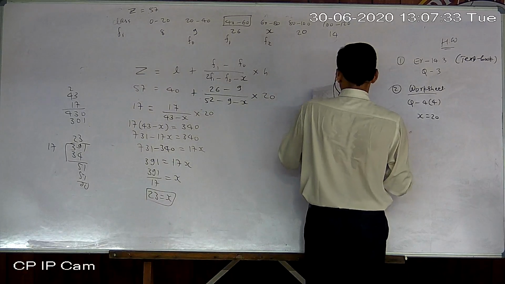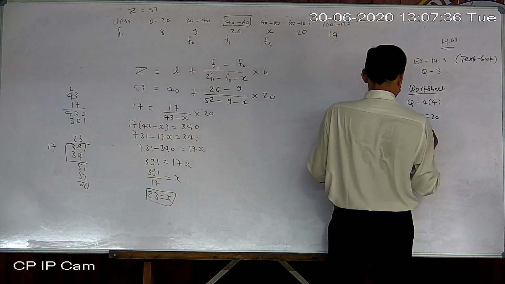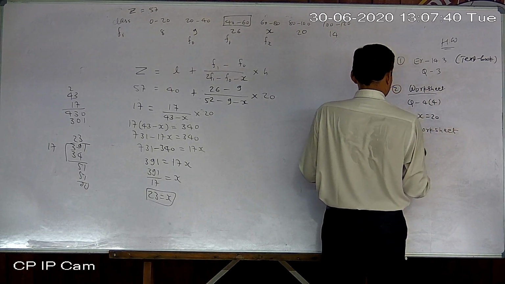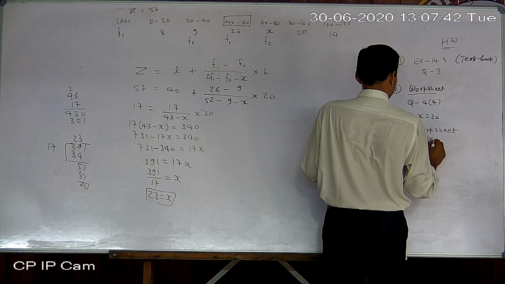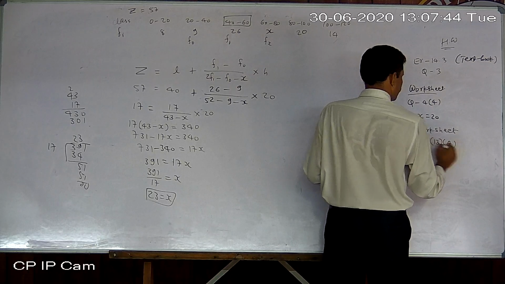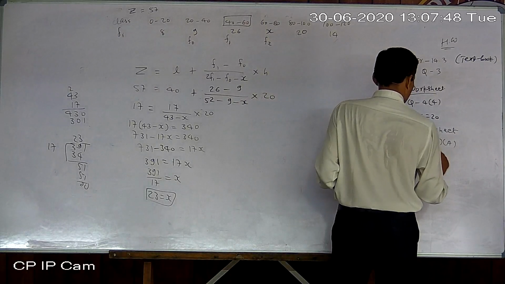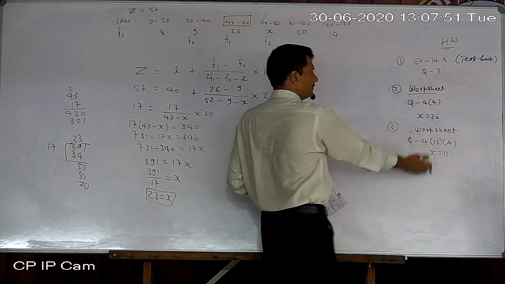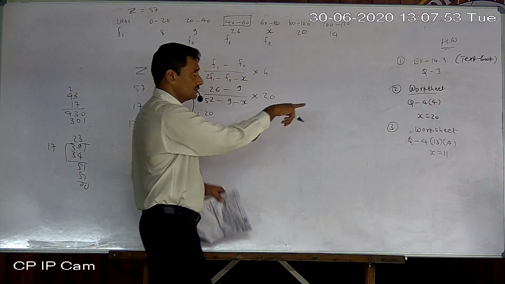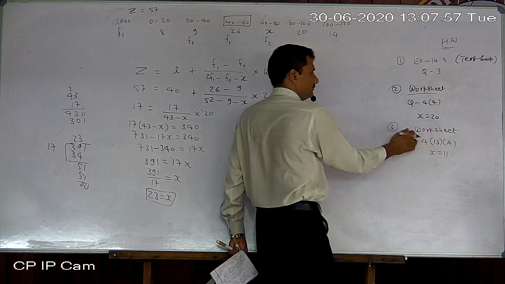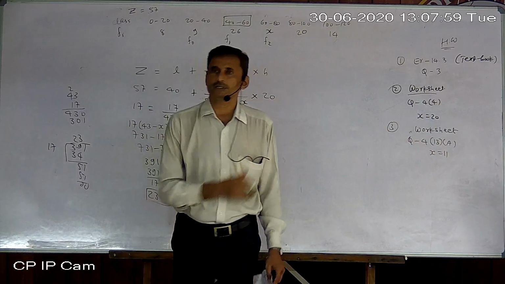Now third, it is also from the worksheet. Question 4, 13. In 13 two sums are given, A and B. So A is of this type and the answer will be 11. Okay, so write down this one, the number as well as the answer also. The first one's answer is not given because it is from the textbook. These are from worksheets, so the answer is given, otherwise take a screenshot of it.